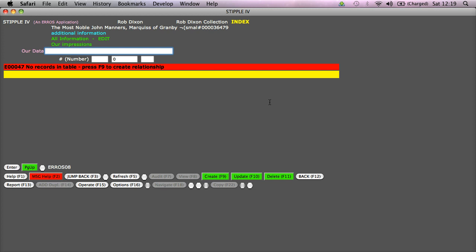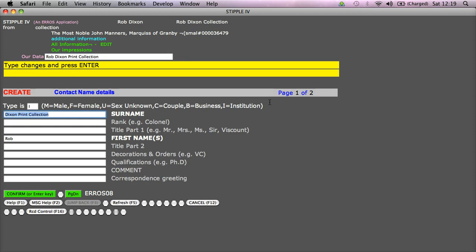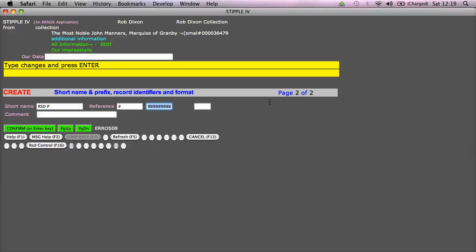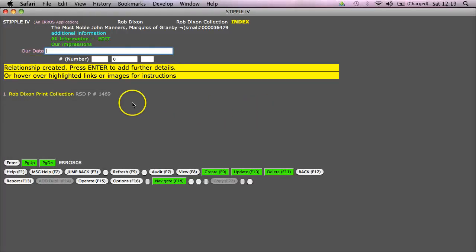If I click on the green Create button or press F9, Stipple will display the following screen, showing the name of my collection. I press enter and Stipple displays the following screen. If my new print already had an accession or stock number allocated, I would type it in here. But as it does not, if I press enter again, Stipple will automatically allocate the next available number and display it, as in the following screen, showing that my copy of the print has been added and displaying the new